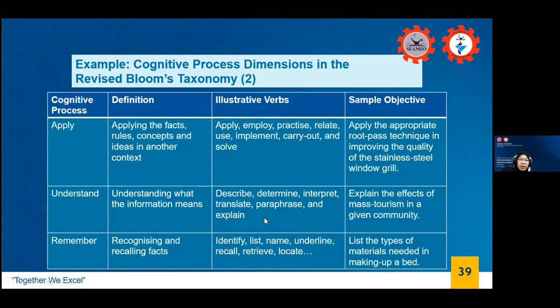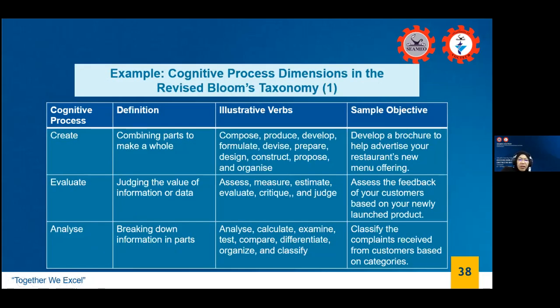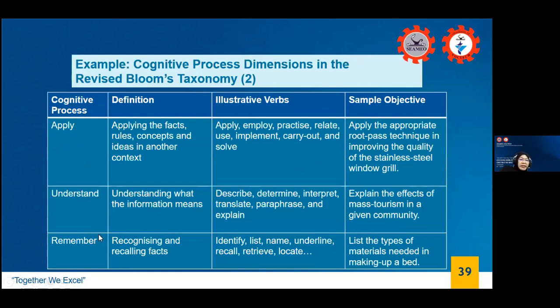Understand. Now, later on, where we will be doing something, your activity will be, is there any develop here? Everyone, in our activity for this training program, you are to develop, to construct. And what is this level? Create. You are expected to arrive at the sixth and highest level of the cognitive domain. And the lowest level is remember, whereby all you have to do is identify, list, name, underline, recall, retrieve, and locate. Very easy.